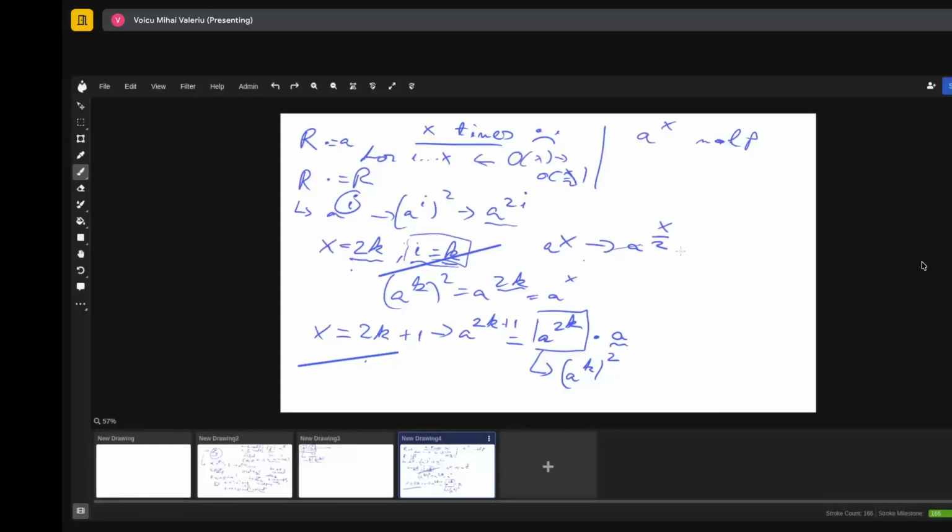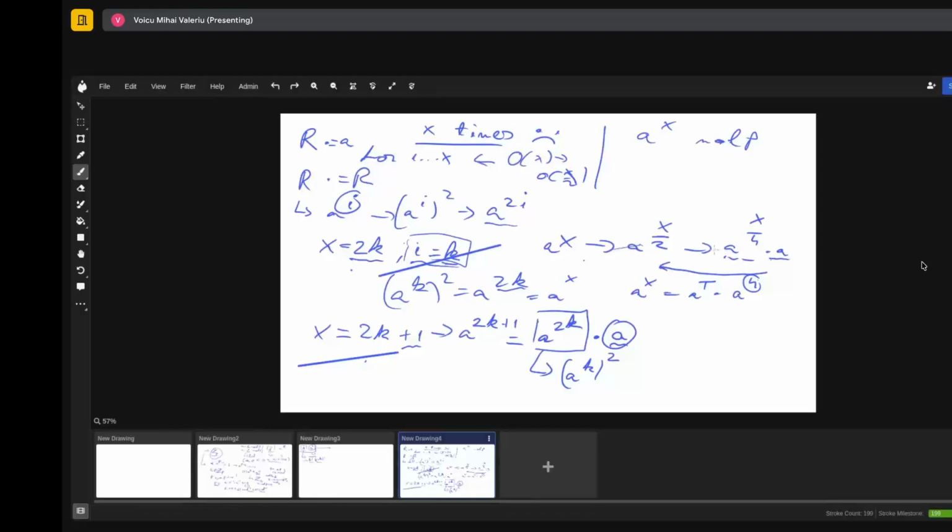We would find that at any point there will be a need to add one such multiplication of a for every turned on bit. But when we reverse the operations that we see, we will find that the final result, a to the power of x, is equal to whatever this breaks down to, something times a to the power of 4, which is really a power of 2, because